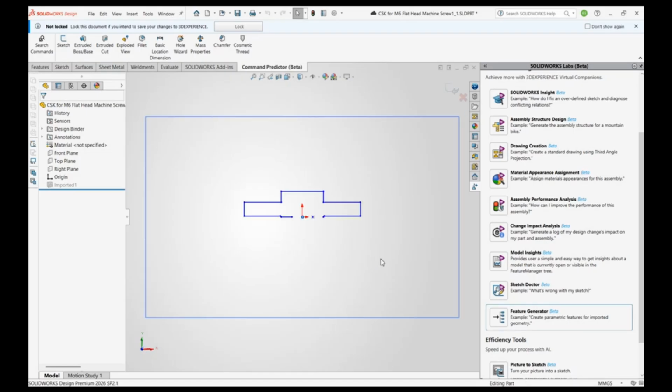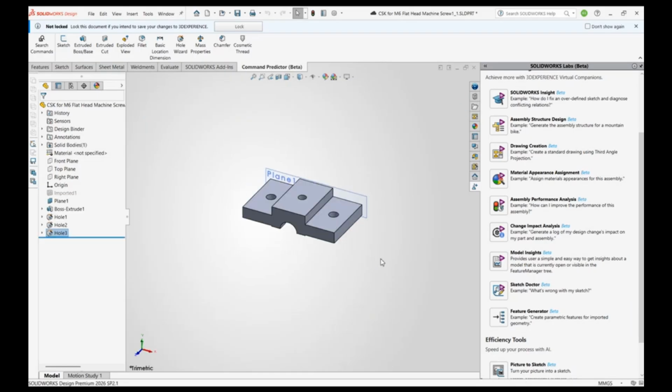Since this is in beta version, we may not get complete conversion for all files. Maybe for smaller components it will convert, but for bigger components it may not convert completely to an editable file format. But in the future maybe it will develop and convert any step file into a 3D model over here.